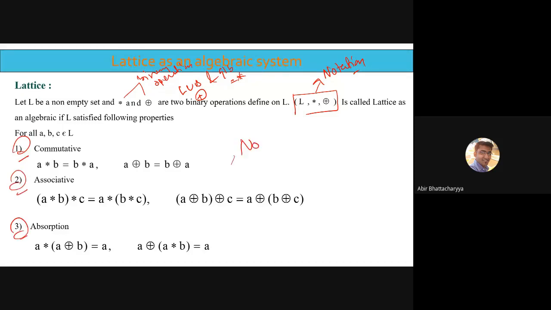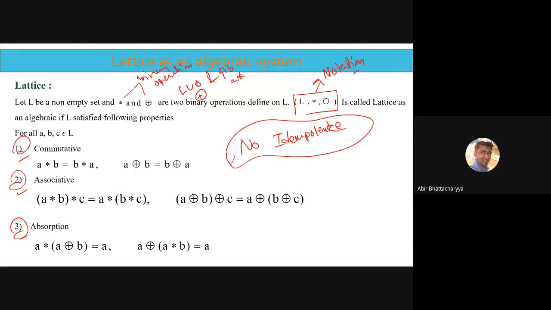No need to check idempotent. Only three laws are needed to state that this is a lattice as an algebraic system. So the first law is commutative, the second one is associative, and the third one is absorption. So you may ask me, sir, what is the difference between a lattice as a poset and a lattice as an